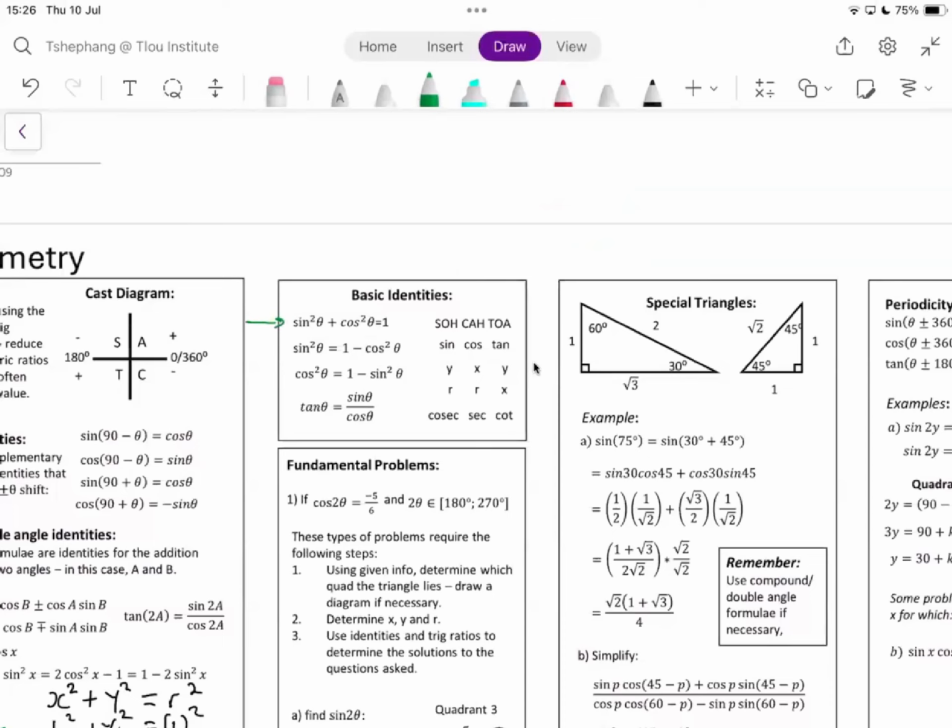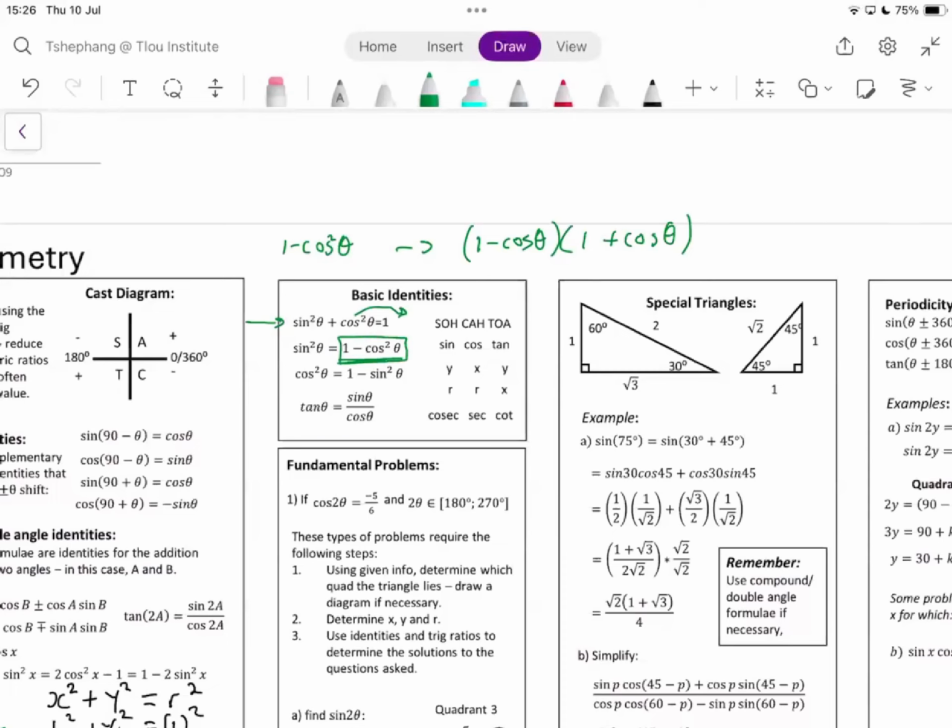Because we have this first one, and then we solved for sine by taking the cos over to the other side. It became negative, right? We subtracted cos squared on both sides, and then we have 1 minus cos squared. Also remember that this is what we call the difference of two squares. So 1 minus cos squared theta, you can simplify it to become 1 minus cos of theta into 1 plus cos of theta. And that is how you deal with that one.